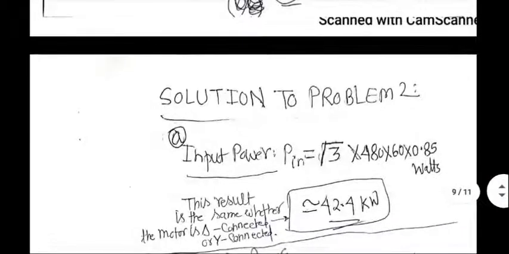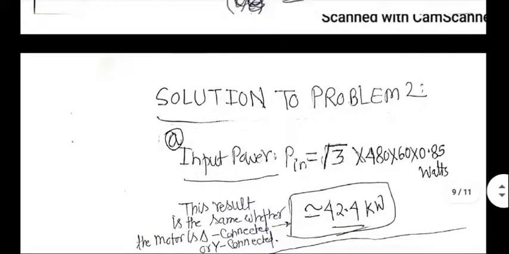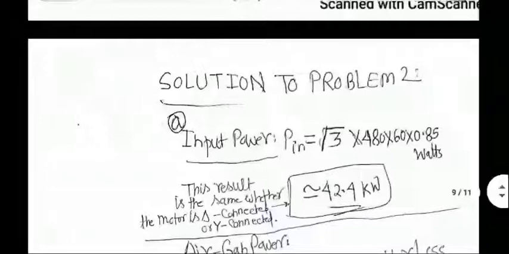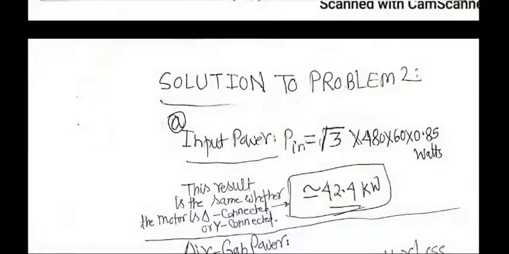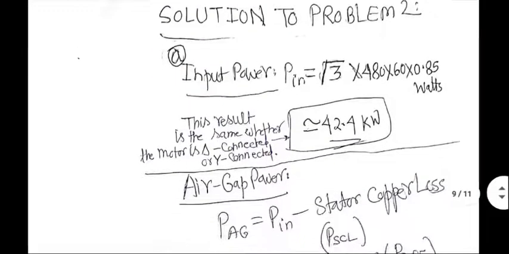That's the input power, independent of whether it's delta connected or star connected. The number turns out to be 42.4 kilowatt approximately. Input power is known. Now, air gap power